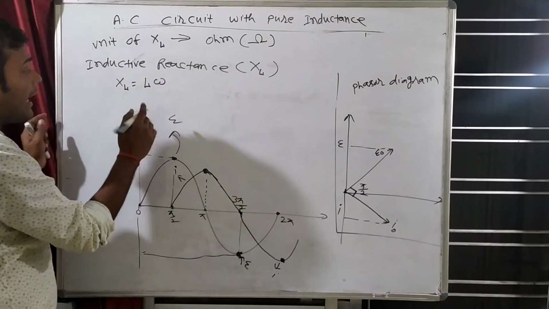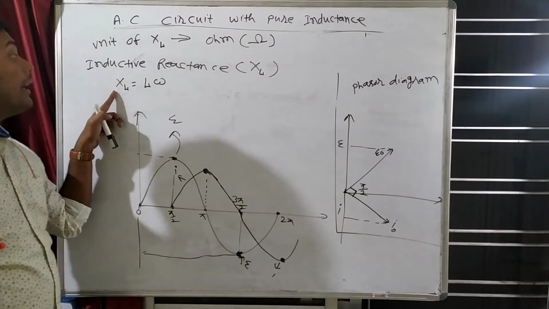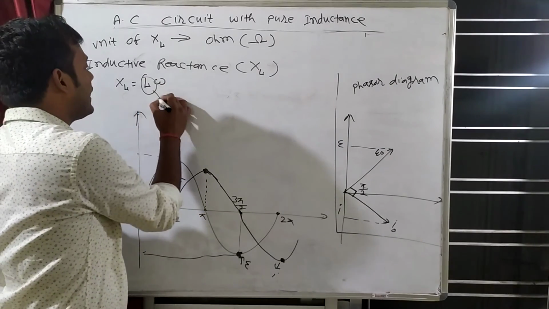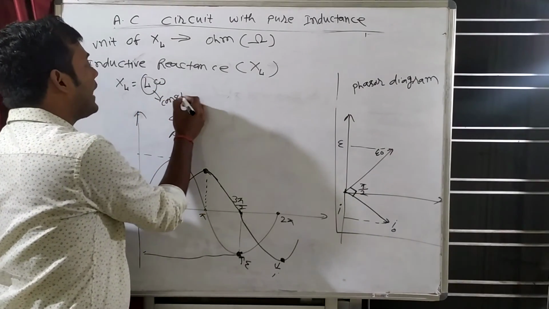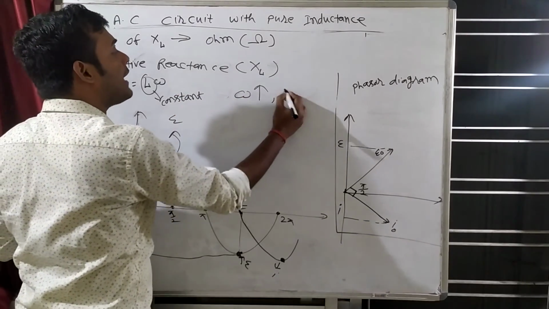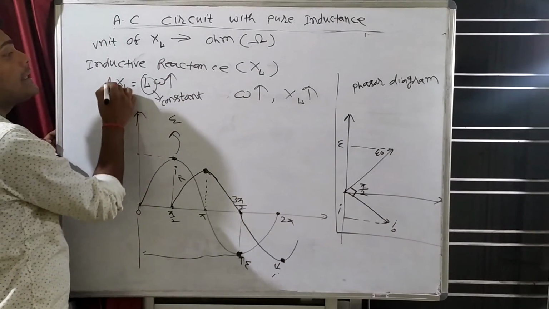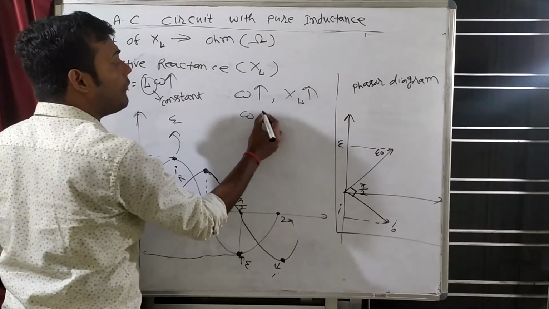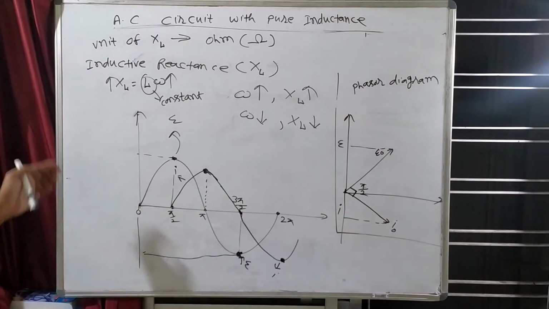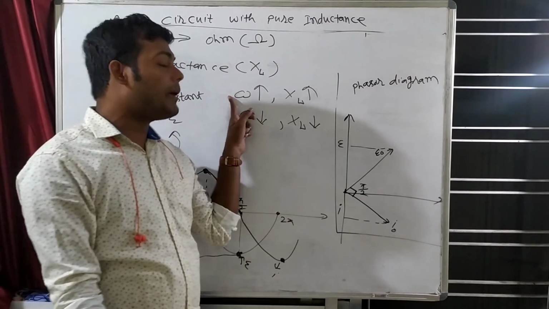Inductive reactance reacts according to the value of omega. Why? Because L is constant, so it reacts according to omega. If omega increases, then XL will increase. See, it is a direct proportion. If omega increases, XL increases, and if omega decreases, XL decreases. When omega increases, when the AC nature increases, when the angular frequency increases,